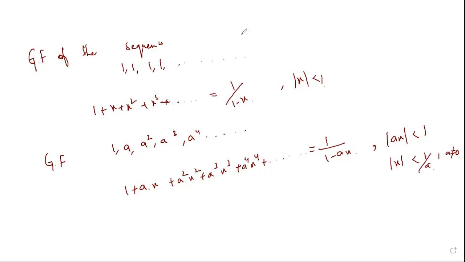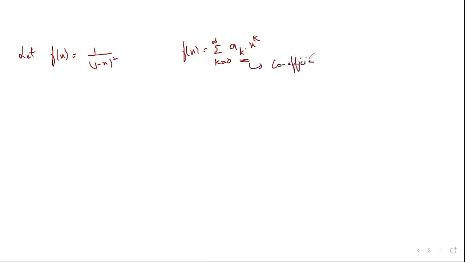Now, after that, we have another problem, which is: let f of x be equal to 1 by 1 minus x whole square, and for this the expansion will be in terms of f of x equal to the sum from k equal to 0 to infinity of a k x power k. Now I want to find the coefficients. What are the values of the coefficients a k? So a k here will be a0, a1, a2 and so on. Okay. Now for this, the solution can be written as follows.